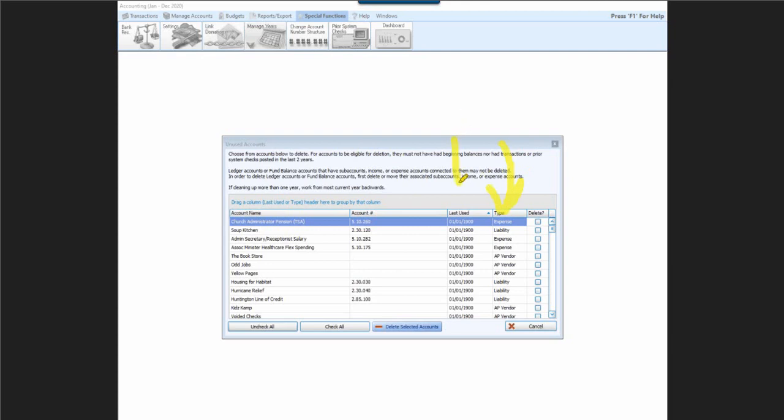And it also tells you in this case the date that the account was last used. For these ones labeled with a date of 1/1/1990, the software doesn't even recall the last date when those accounts were used. I think if an account's never been used, it might say never used or not used in that field.